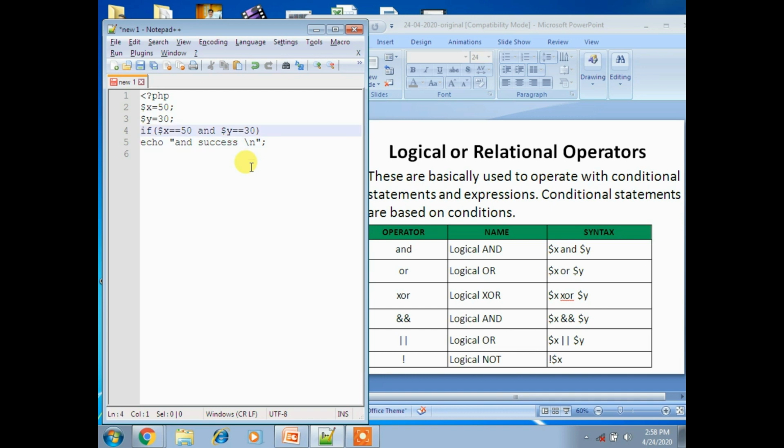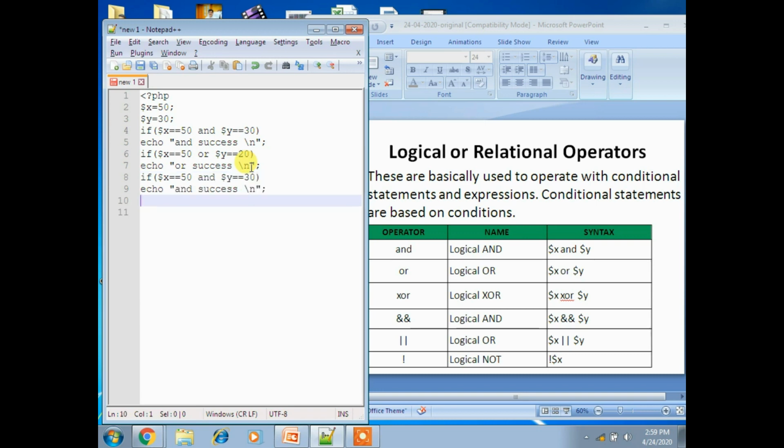Another you can take is or. If $x equal to 50, instead of and, place or, $y equal to 20. Now another one for the echo statement, that is the or statement.